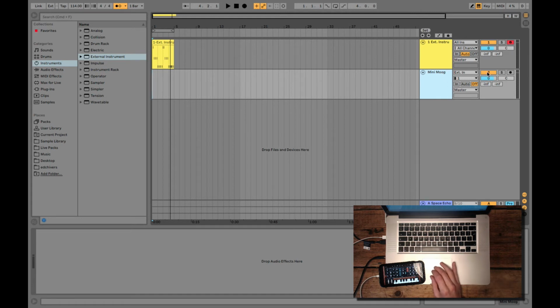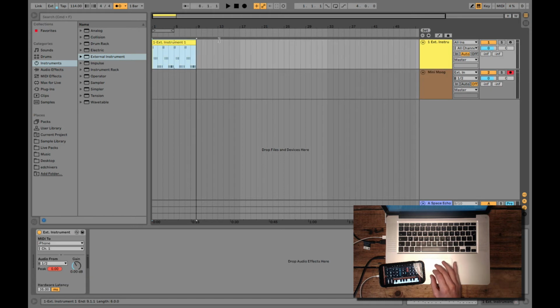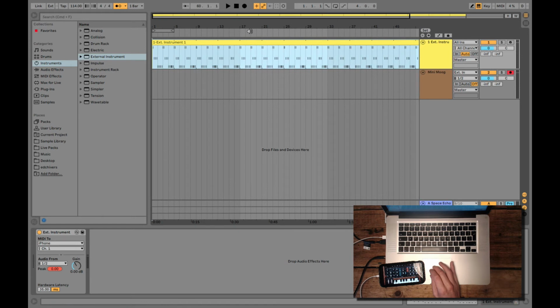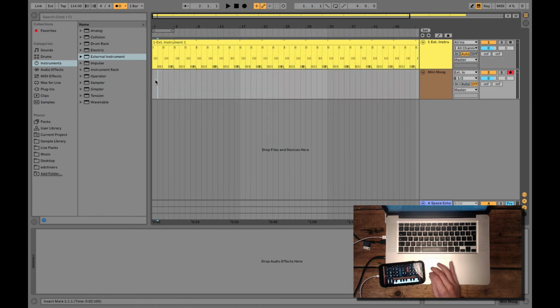As always, when you get an audio track, you want to set what the inputs are. So external input 1 and 2, so we're recording in stereo, and record enable with the button there. And what I'm going to do is just loop this up so the phrase repeats for a little bit. Because what I like to do is, even though we have a fairly short musical phrase, it's only 4 bars long,